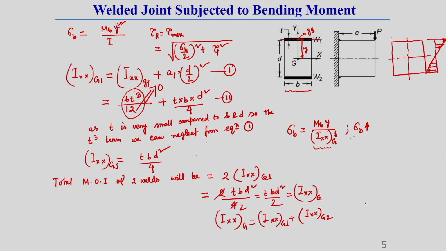But if we neglect this TQ term, whatever the stress develops, it increases this stress level. So, for that, generally the throat thickness and leg length dimensions should be on the higher side. That is why, by neglecting the TQ term, what we calculate gives a safer weld dimension. That is why there is no problem actually by neglecting this term. That sort of thing I wanted to tell.